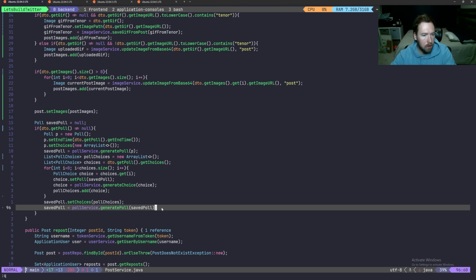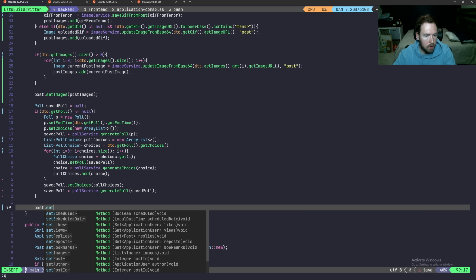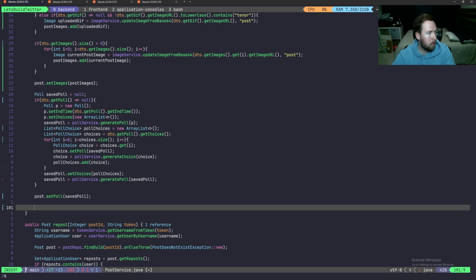So we are almost done. Now that we have our saved poll, we want to go ahead and say post dot set poll. Go ahead and put on that saved poll. And we have a little bit more to do, so we're going to set up a string array. It's going to be called words. It's going to equal DTO dot get content, and then we're going to go ahead and split it by